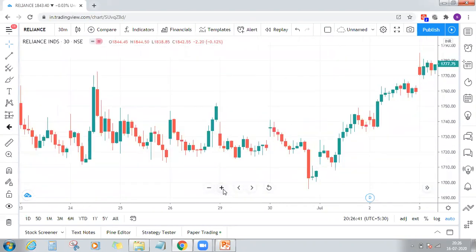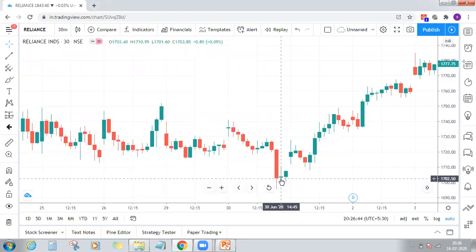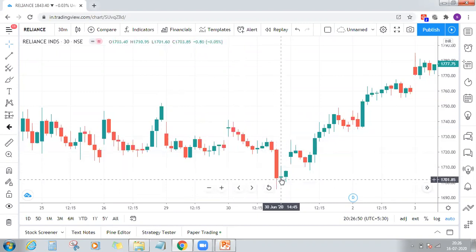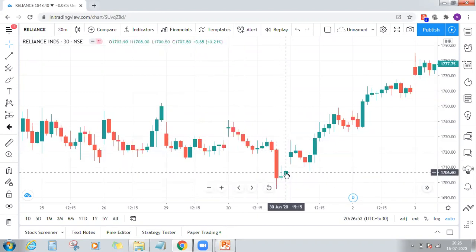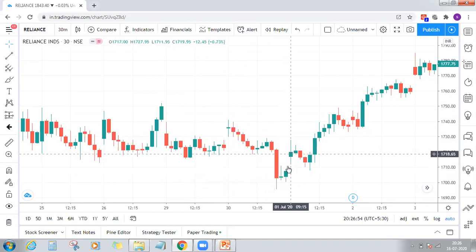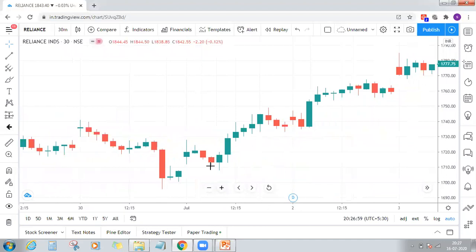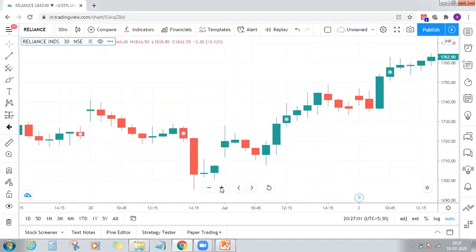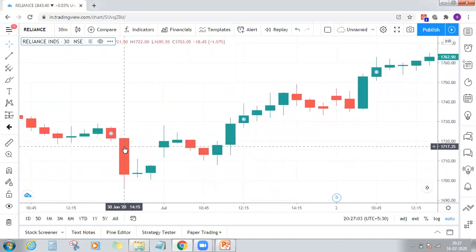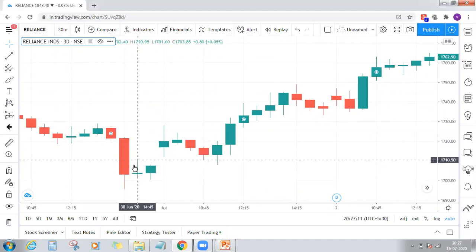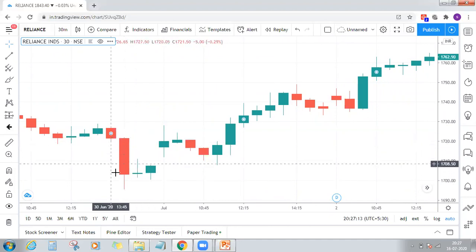So this is what I told you. You got a clue here when Reliance was trading at 1700. Such a strong fall, there is an inverted hammer here and we need a candle which closes above this. The next candle was not able to do it. Why? Because in this single candle itself, you had 1% of fall. So sellers were very strong here. A single inverted hammer was not able to defeat all these sellers.